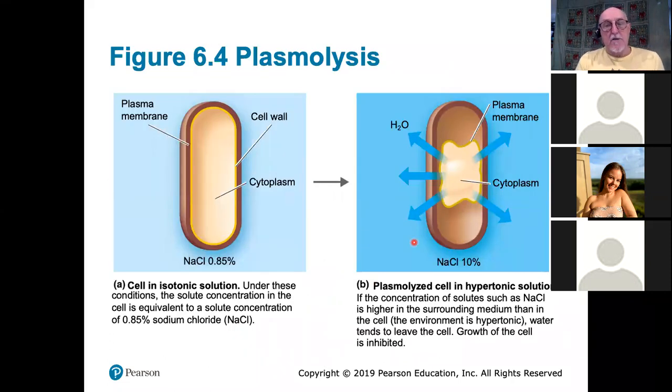The next constraint is the osmolarity of the environment, the amount of osmotic pressure exerted on an organism by the medium in which it lives, which is a reflection, of course, of the relative amount of solute in the environment relative to the amount of solute inside the cytoplasm. Now, for most organisms, most prokaryotes, live in an environment where the concentration inside the cytoplasm is either equal to or much